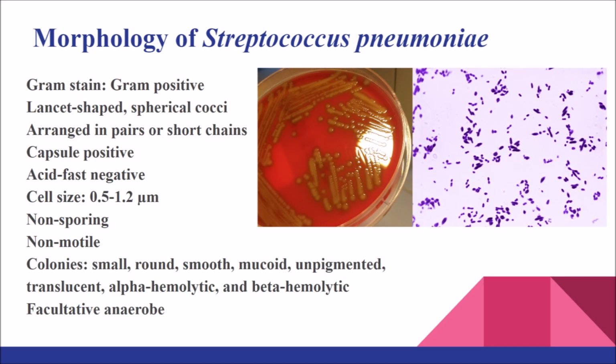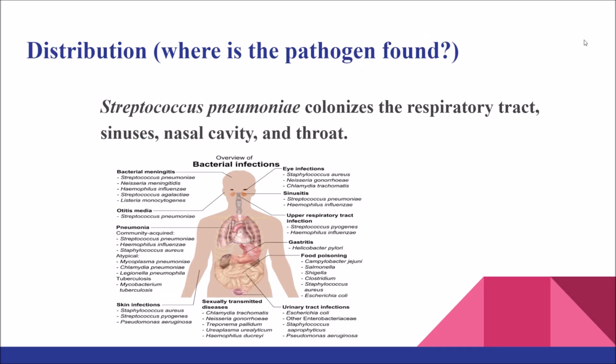Colonies are alpha hemolytic on blood agar when grown aerobically, and beta hemolytic when grown anaerobically. It is facultative anaerobic. Distribution. Where is the pathogen found? Streptococcus pneumoniae resides asymptomatically in healthy people and colonizes the respiratory tract, sinuses, and nasal cavity. It is commonly found in the nose and throat, and it can be there at any time without causing any